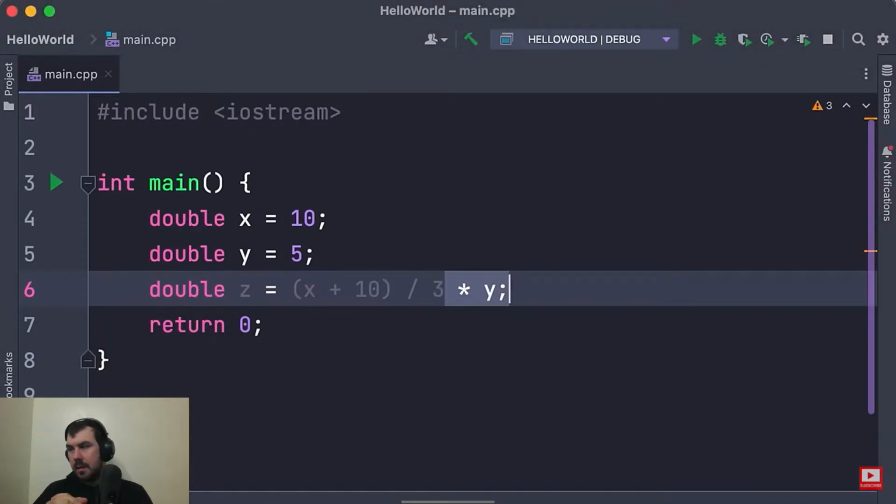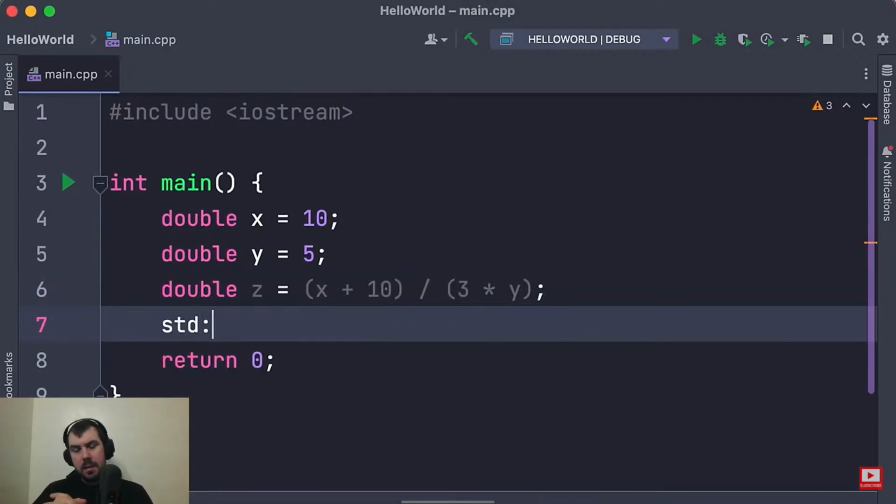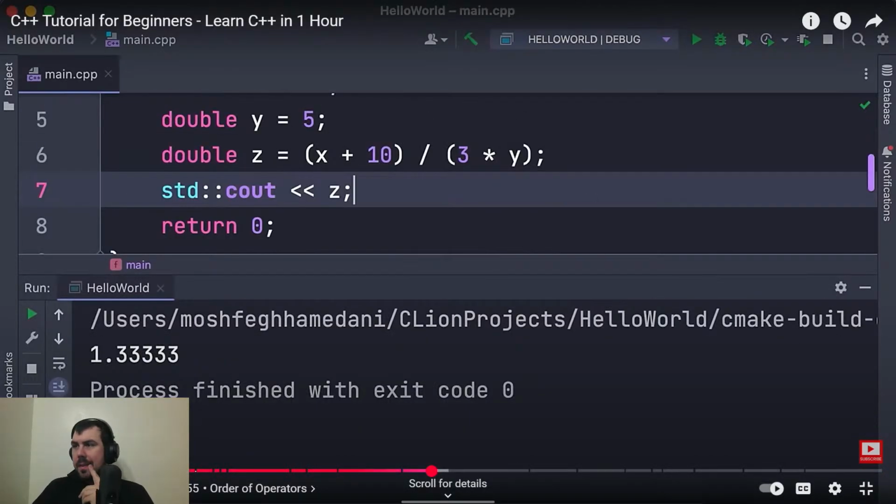So we wrap this whole thing in parentheses, and now let's print z on the terminal. So we should get